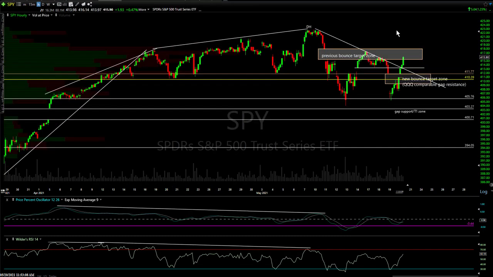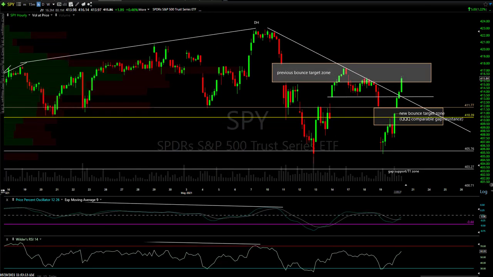And then here's SPY. SPY had a little bit better. I added this trend line and I posted it in the comment section after this morning's post. This was a little bit better trend line because we had 1, 2, 3 distinct reactions, but we went right on through it. But we're right back to that previous bounce target zone, which was and still is resistance. It's where we failed before. There's a big old gap right there, and that's where we're at right now. And here's your previous reaction highs, one there and one there. So we're right about at that other one, previous reaction high right there. And there's one that would get taken out.